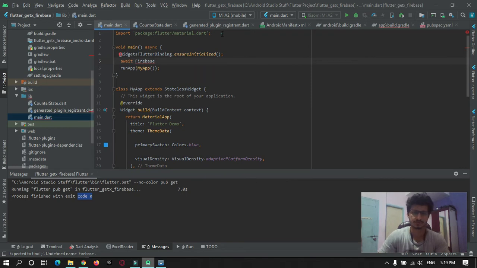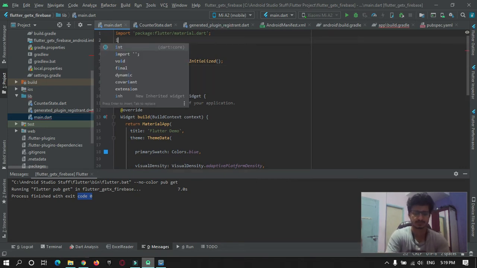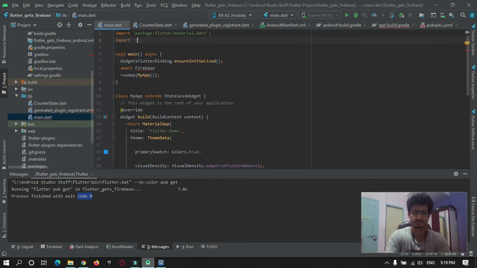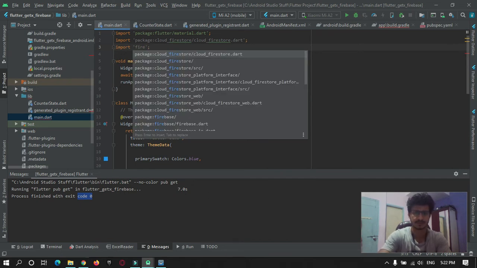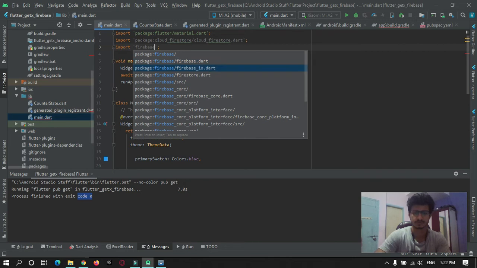So you need to import Firebase core. Okay, so it is over here.